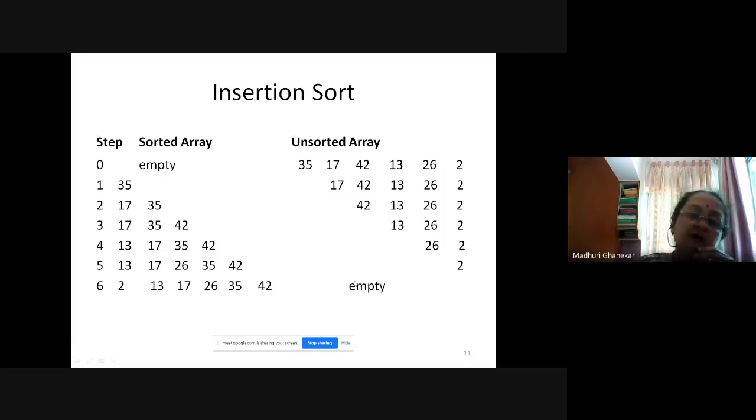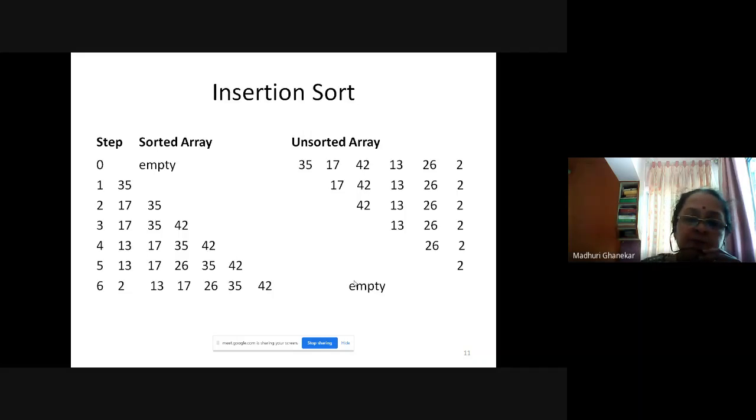Remember, we are using only one array. We don't have to make use of any other array. Inside the same array, we are making 2 partitions. One part we treat as sorted, and the other part as unsorted.